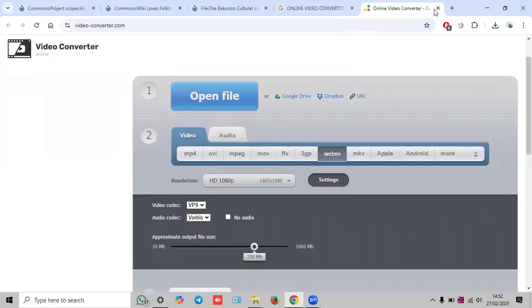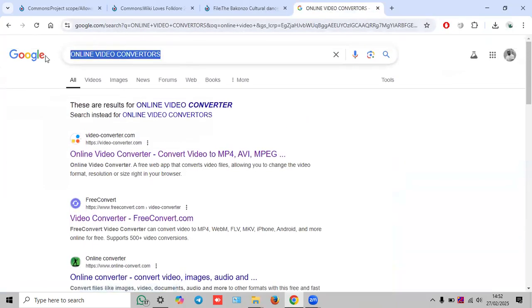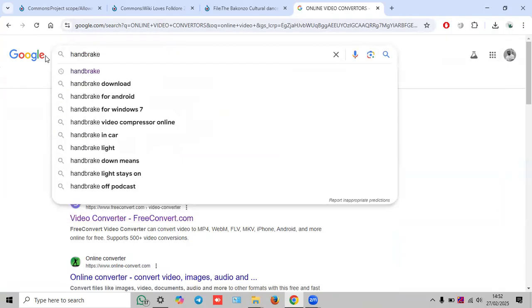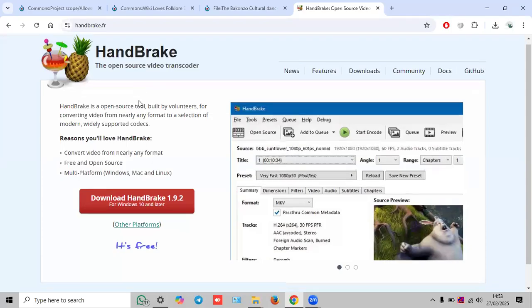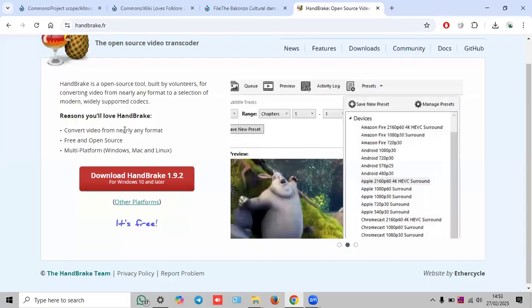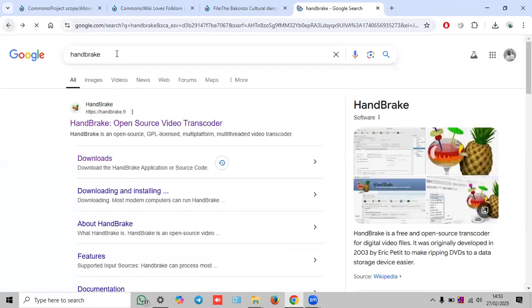So we have tackled online converters. Then we also have the offline converters. These are certain tools that we use, but the one that is used by most people is Handbrake. So we have Handbrake here. If you choose Handbrake, then you can see that it is a video transcoder. So this is how the Handbrake tool looks. You can use this one, and we're going to see a sample. Then also we have